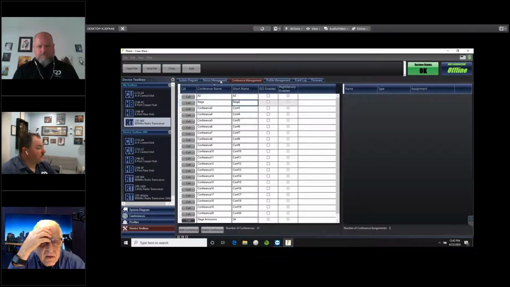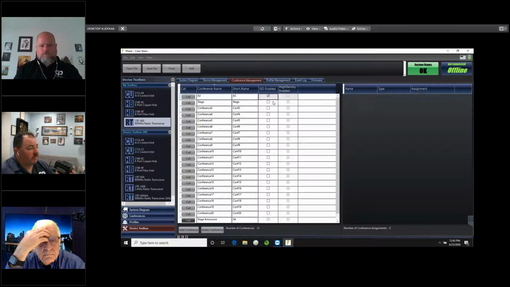Now, right there is where you can specify that a conference has an ISO channel. Correct. And that is one of 2 ways ISOs can be accessed on the belt pack, by pushing the volume control in. So there's 1 of 2 ways to do an ISO. Either you can create a virtual conference and make it a physical button, because everybody has 4 buttons on the belt packs, so you could make it a physical channel assigned to one of these buttons. Or like Peter said, if we select our ISO enabled here, and in the belt pack profile,